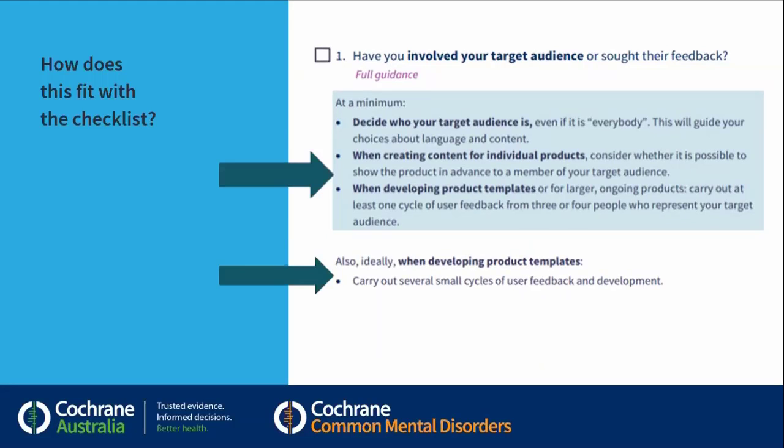And I think it is also a really time-consuming part of what we are talking about. I think we really can't underestimate how much extra time it takes to put in even one small cycle of user feedback into the process of producing a dissemination product. So I don't want to put people off when we're talking about this particular item in the dissemination checklist, because I think it is something that you can grow in confidence doing, and you can gradually bring into what you do.